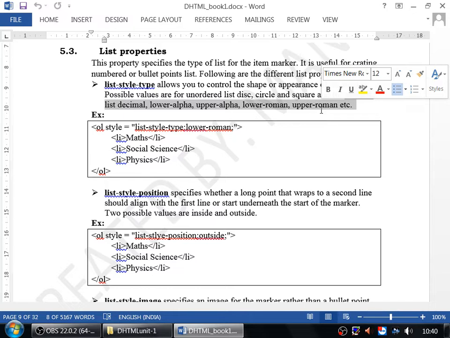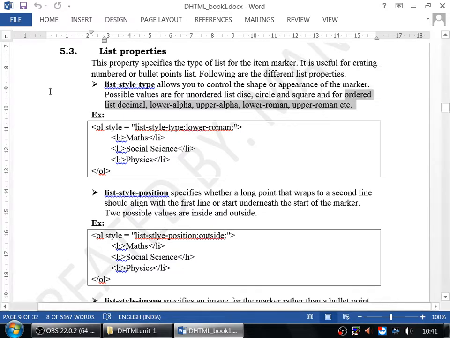You can use 1, 2, 3, 4, you can use ABC, you can use 1, 2, 3 in Roman letters. Upper-alpha is capital ABC and lower-alpha is the small letters abc. So different numbering you can apply with the help of list-style-type.